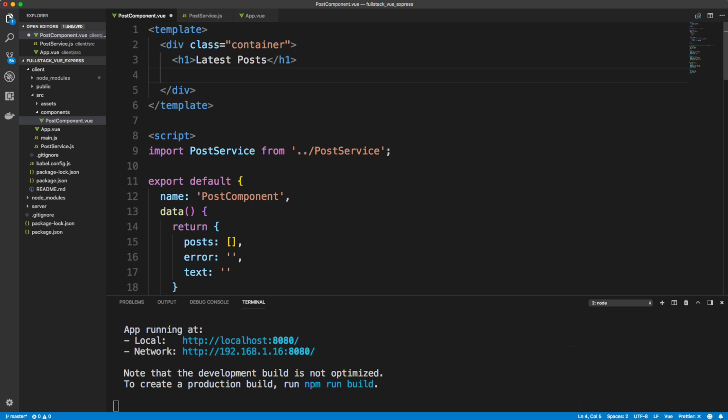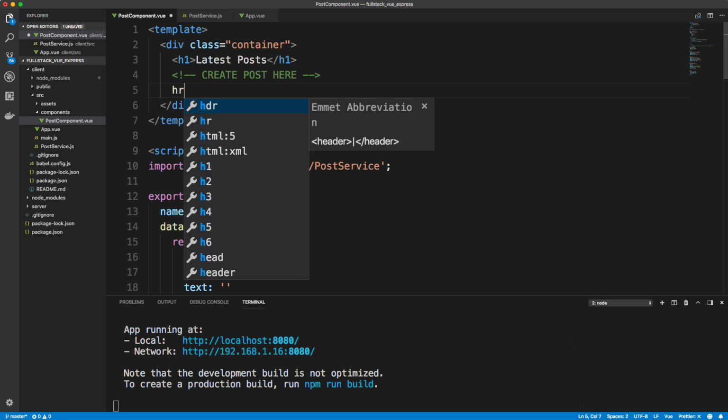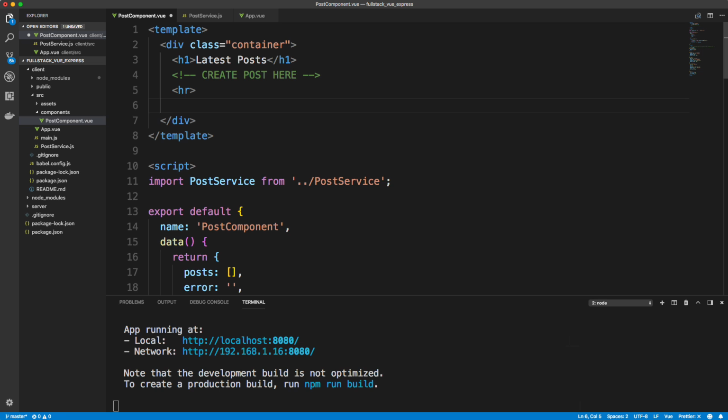And here we're going to need the form to create a post, but I'm going to skip that for now. In fact, I'll say create post here. And underneath that, we're going to have an HR, and then let's have an area for the error. So this will have a class of error,